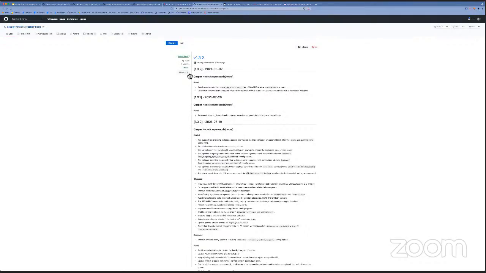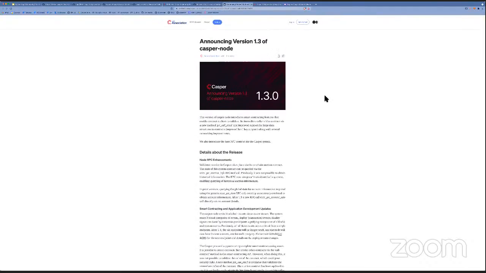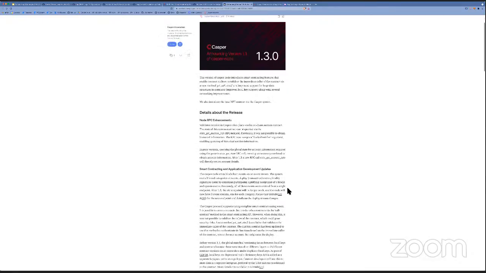There you have a detailed description of all the changes. If you would be interested in a high-level overview of 1.3, there is an updated blog post announcing version 1.3. There you can check the main features that we are introducing in 1.3, and from there you can dive into our GitHub and other sources for more information.